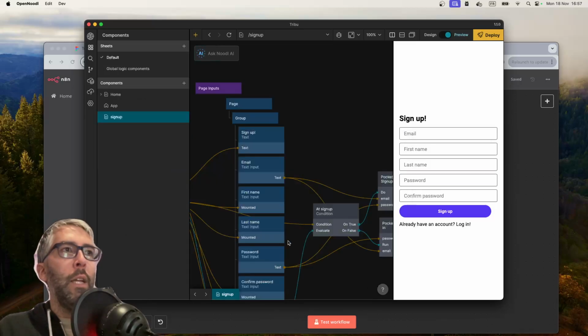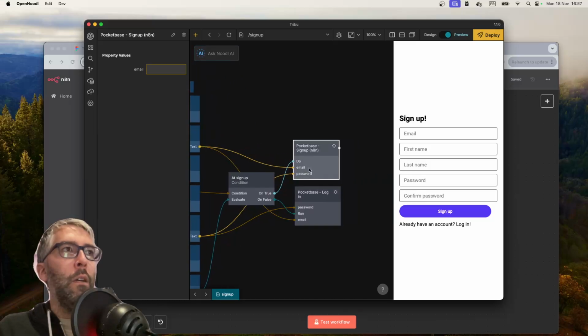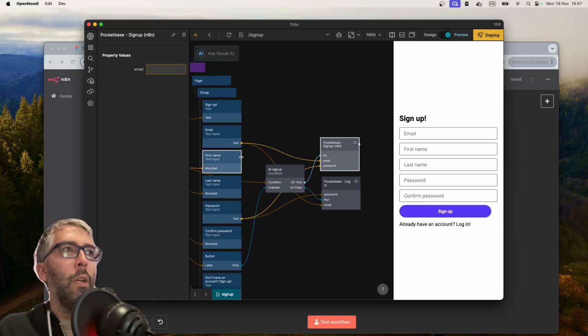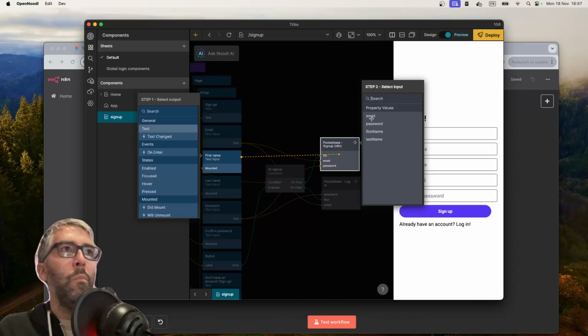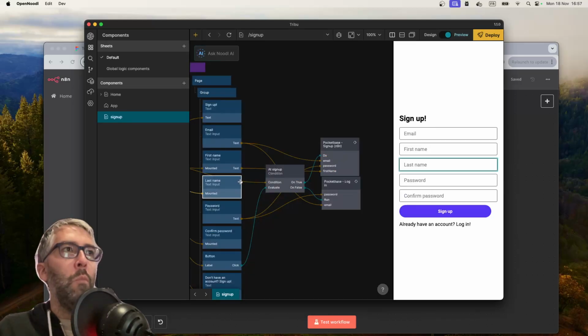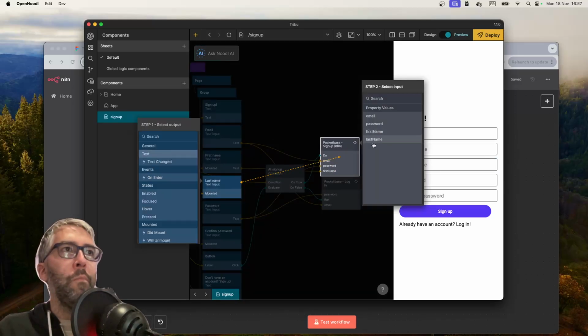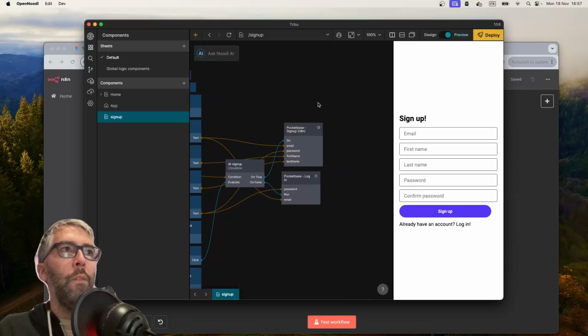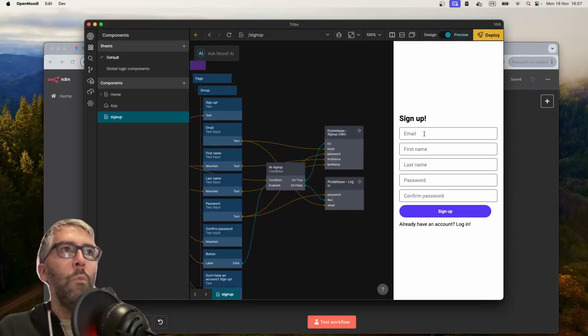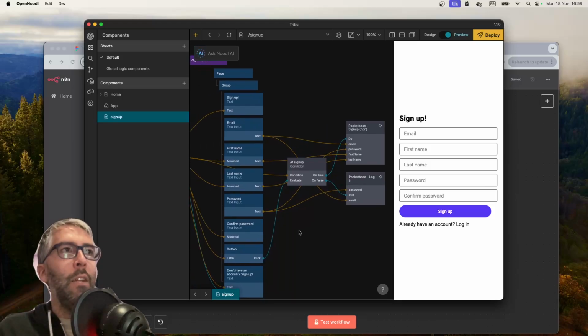That will just go straight to n8n, and then the first name and last name inputs are going here. So we pipe our first name into there, pipe our last name into there. Bingo. Okay, so now we're going to be able to sign up and log in, which is great. We will test it, but I would like to test it another time because we're running out of time and I really want to get all the things in. So just assume that it works, which never happens and never will happen in any development project in the world